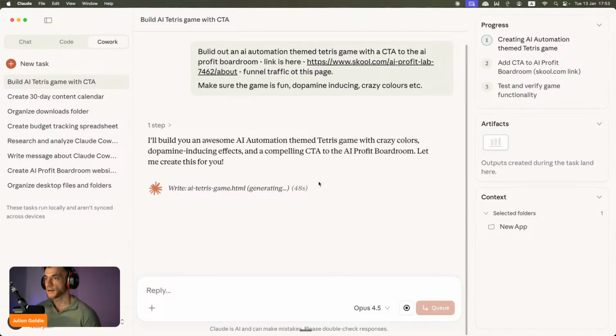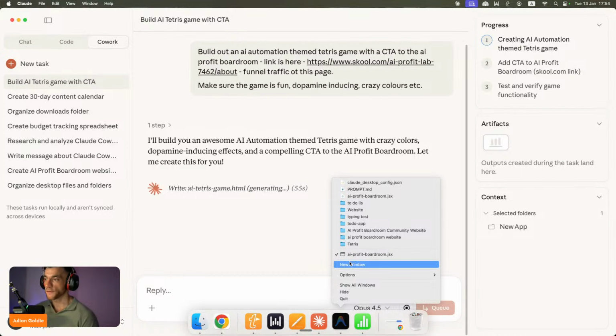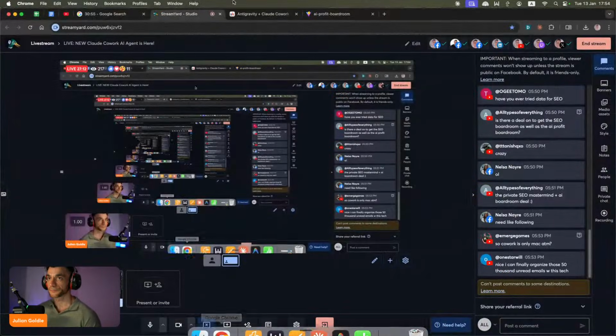So this is writing out the AI Tetris game, as you can see right here. And then what we'll do in a second is open the folder inside Anti-Gravity, which we'll come on to in a second, all right? Now, in the meantime,